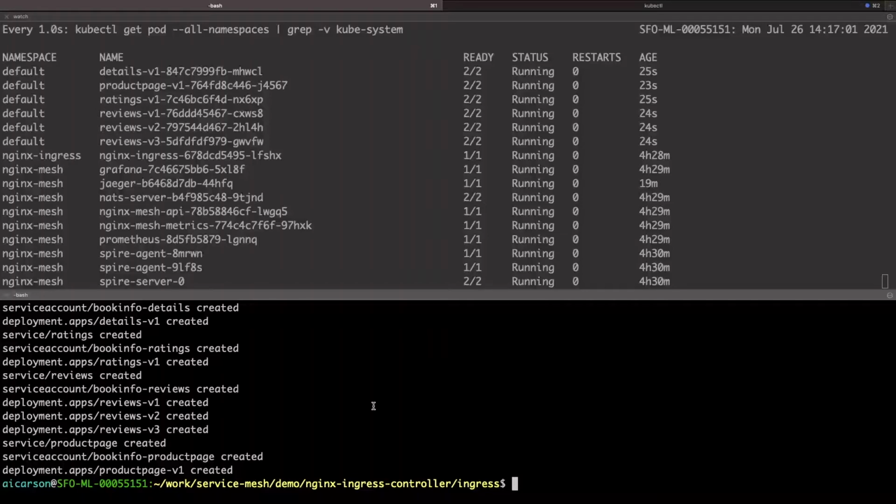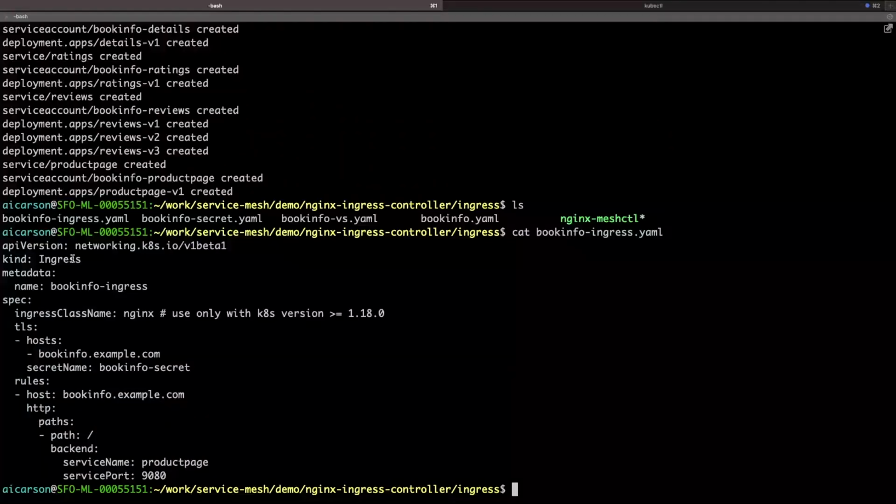What we're going to do is we're going to use an ingress route. So we can see bookinfo ingress. This is a custom resource defined by NGINX Ingress Controller in order to get traffic into your cluster. It uses, well, first we need to handle that encryption piece. So we're going to use this TLS block right here. We're going to reference a secret, which I'll show in a little bit, for the host bookinfo.example.com. And then the rule is, for the host bookinfo.example.com, route / to productpage 9080. Fairly straightforward. So let me actually apply that.